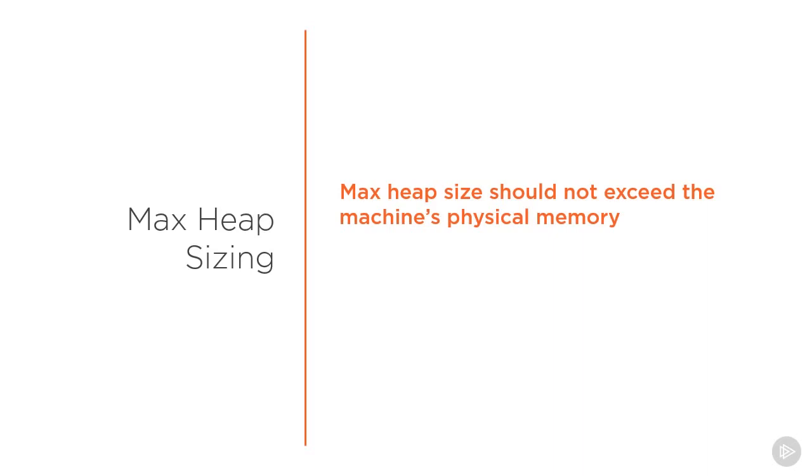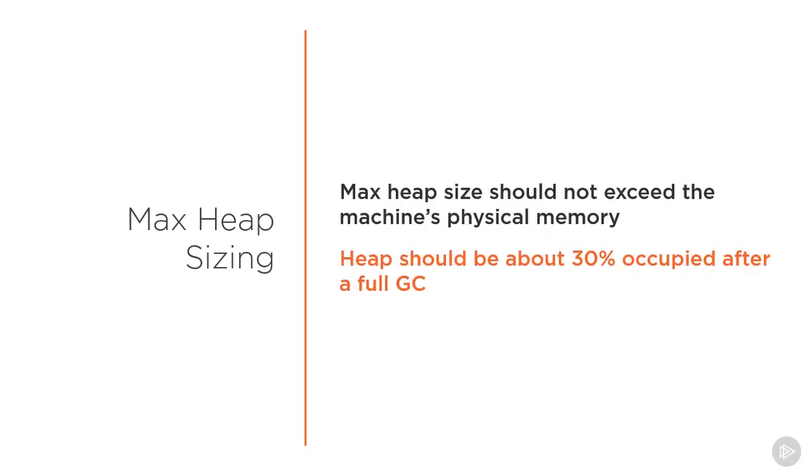A more general recommendation for setting max heap size is that it should be set so that the heap is about 30% occupied after a full GC. To calculate this, you can look at the GC log for an entry where a full GC takes place and observe how much memory is used when the GC completes. You can also run the application until it has reached a steady state and then force a full GC with